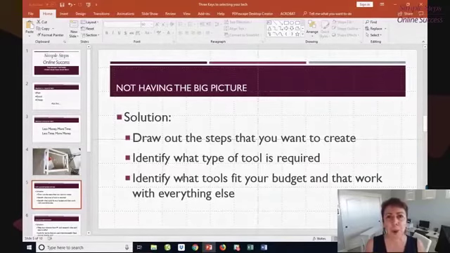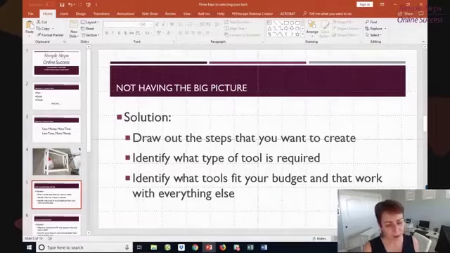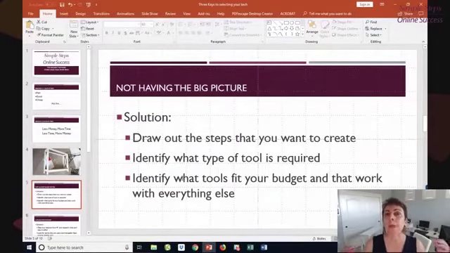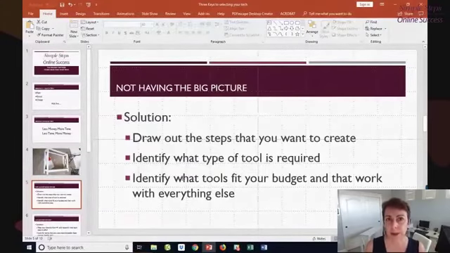However, putting it together, the instructions were not 100% clear. What I discovered with a lot of people in my conversations over this past week is they didn't have a big picture of what they were trying to accomplish with their technology.